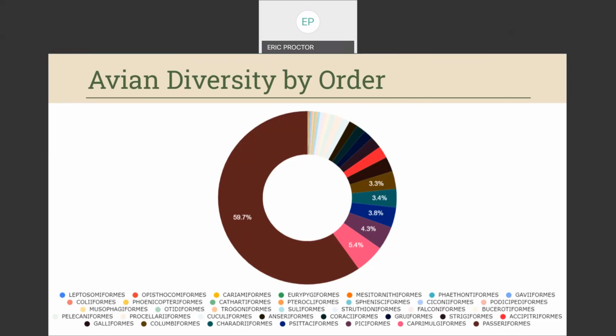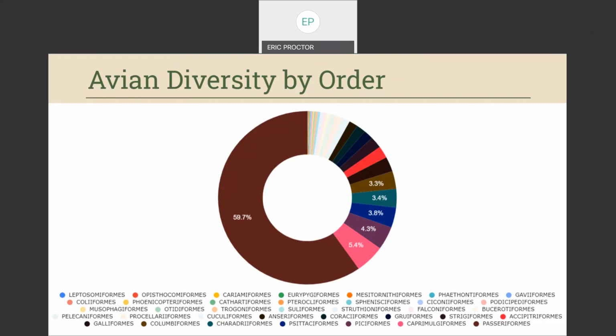The order with the most, and you can see that's that big brown section that takes up almost 60% of the pie, is the passerines. And with a whopping 60% of all birds, it isn't even close. The next closest order only has 5% of bird species. The passerines, which we describe as the perching birds or the songbirds, take up 60% of all bird diversity. They are often distinguished by the arrangement of their toes, typically 3 toes pointing forward and 1 pointing backward, which assists with perching. As I mentioned, after that, there is a sharp drop-off.